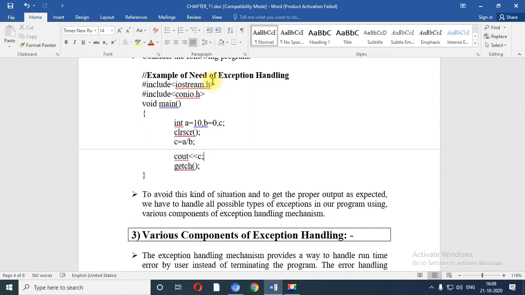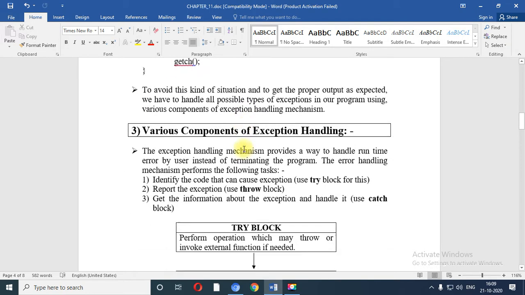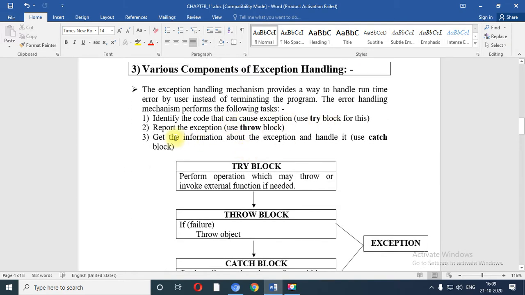There are various components which can be used with exception handling, through which you are able to handle certain kinds of situations. You have three different mechanisms. Number one, try. Number two, catch, and then throw. Try means you are going to identify the code that will cause the exception.